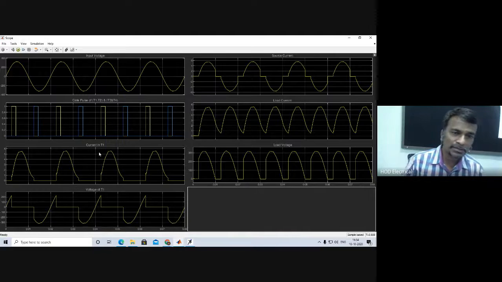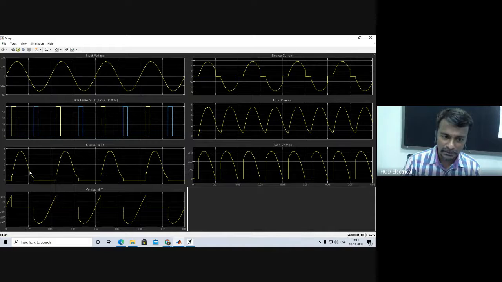Then the current flowing through thyristor T1: since the load is inductive, some current will flow until it is over. See that the voltage across the thyristor will be zero while it is forward biased. Then the negative half cycle will start, and therefore thyristor T1 will be reverse biased. I have not shown thyristor T2; it is just shifted by 180 degrees. You can connect your own and understand. Then the current through thyristors T2 and T1 will be zero.